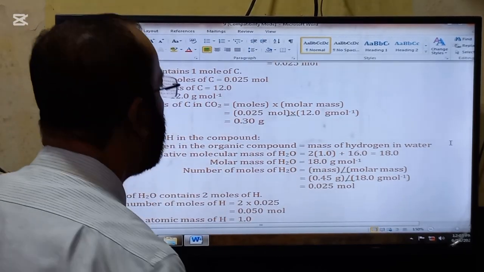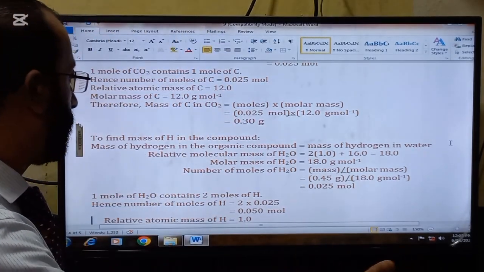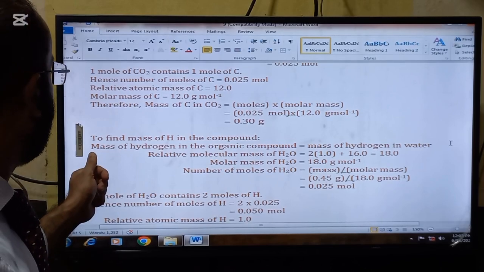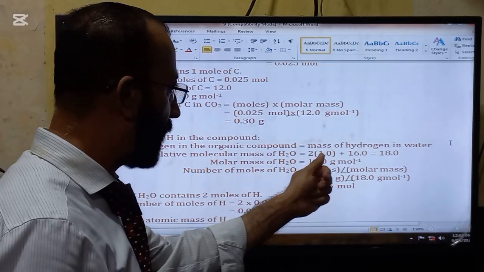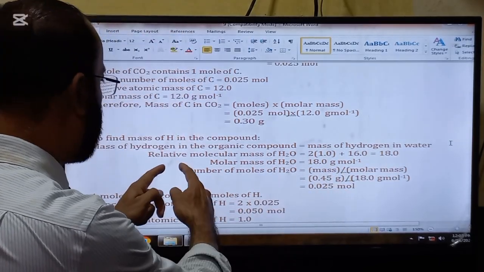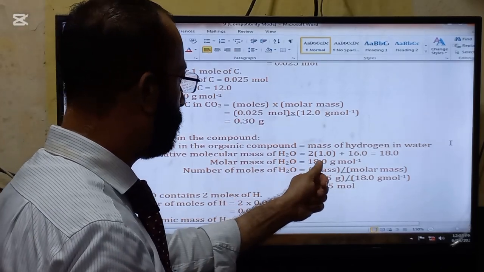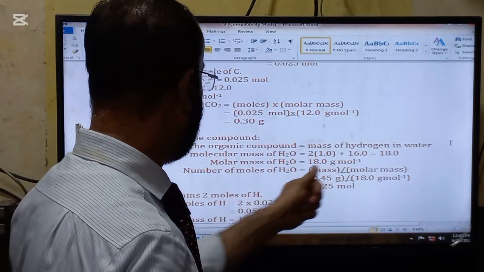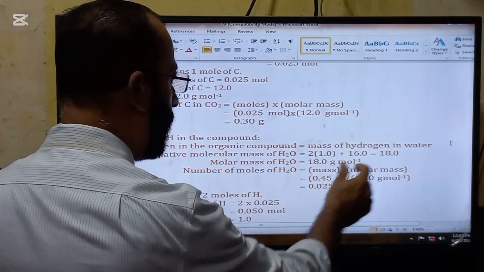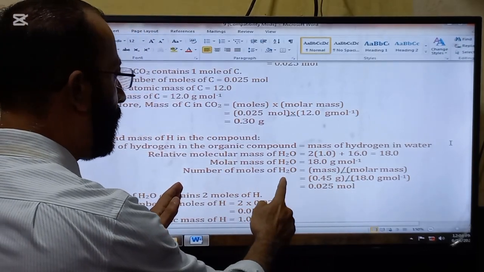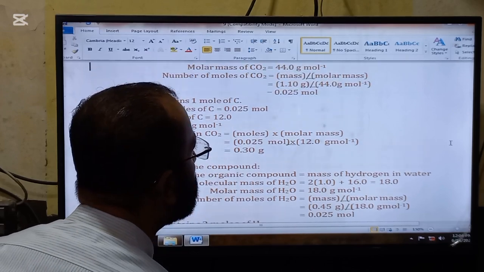Okay, next we are going to find the mass of the hydrogen in the resultant compound. So look now, the mass of the hydrogen in the organic compound is equal to the mass of hydrogen in water. First, we will find the relative molecular mass of H2O. H is 1, 2 atoms are there, 2 into 1 plus O is 16. So this is the relative molecular mass of H2O. Molar mass of H2O is 18 grams per mole. Number of moles of H2O. So the mass of the H2O is,